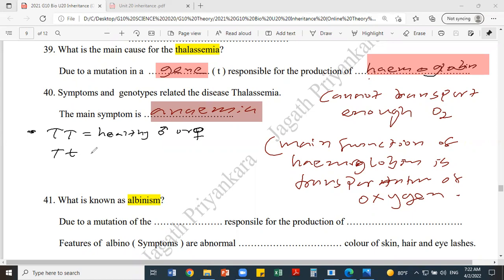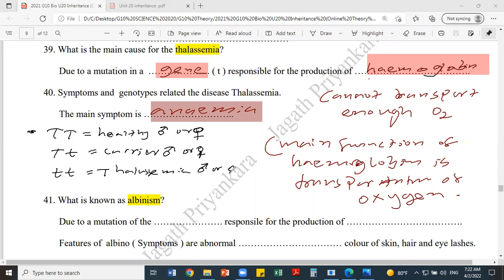Capital T, simple T: carrier male or carrier female. Then simple T, simple T, you can write thalassemic or disease, thalassemic male